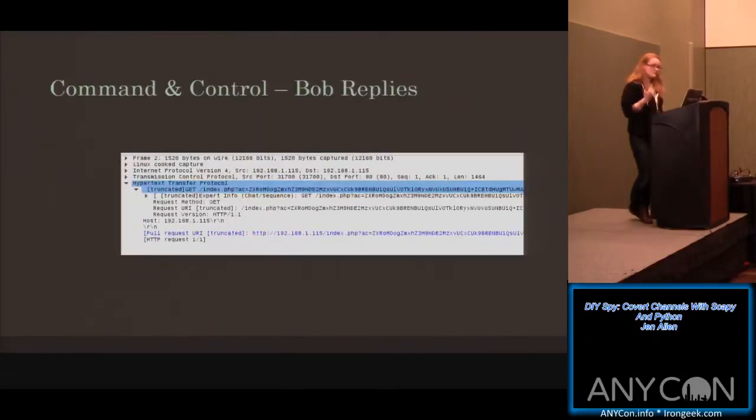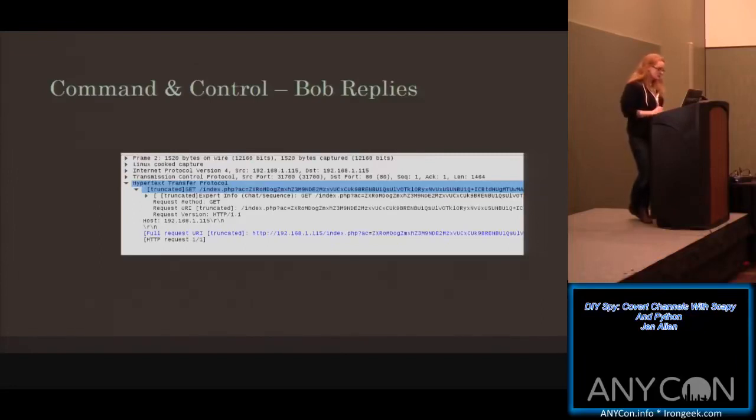So this is going to be a note to Bob. Now, first of all, one of the signatures that would catch this right away, just so you guys know, if Bob's not a DNS server or shouldn't be getting DNS queries, that's going to be a gotcha, right? So this is just for an example, so you guys can see Scapy in action. But you want to understand the behavior of your source and endpoints, right? You want to understand, well, what is Bob doing? Is it a workstation? Is it a DNS? You know, should it be resolving DNS, getting DNS requests? So that's something to keep in mind when you're designing these.